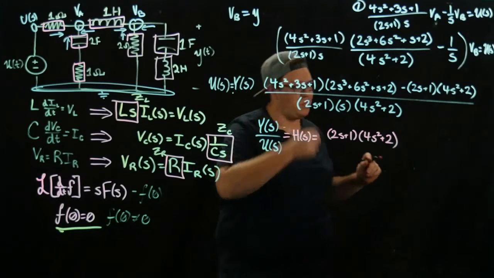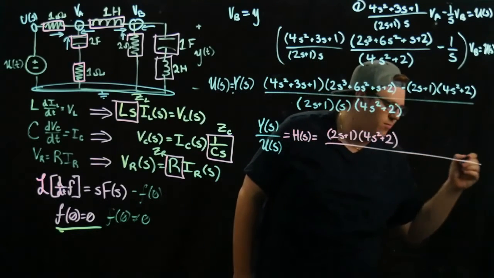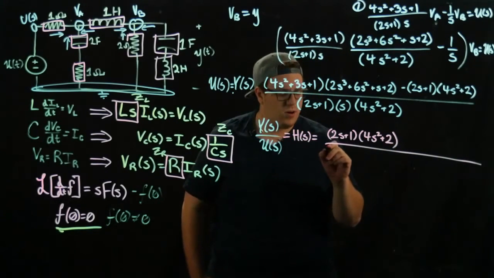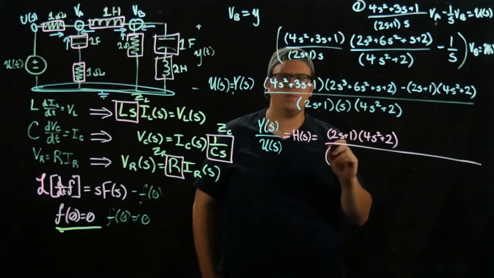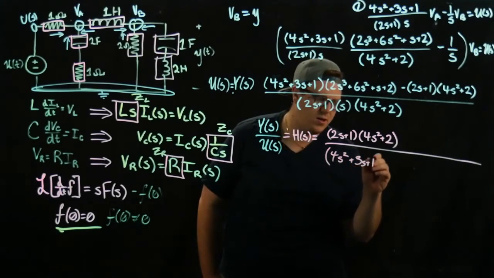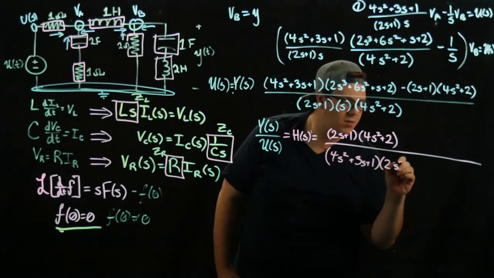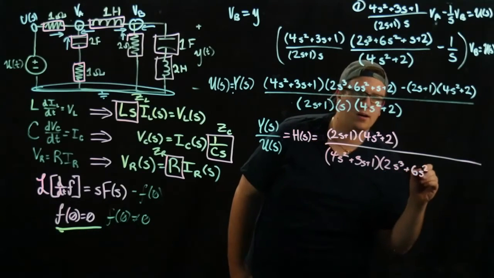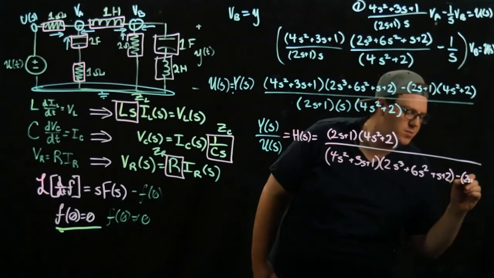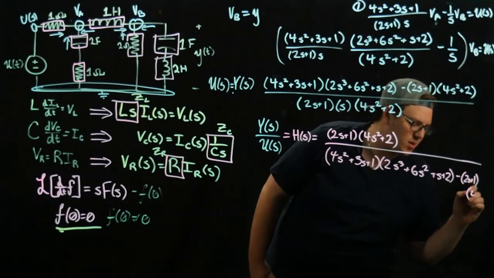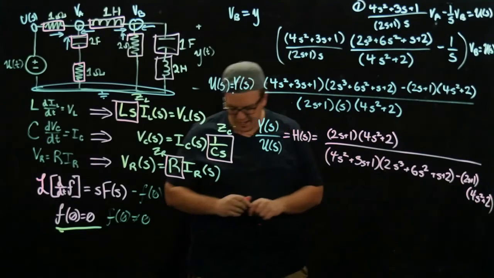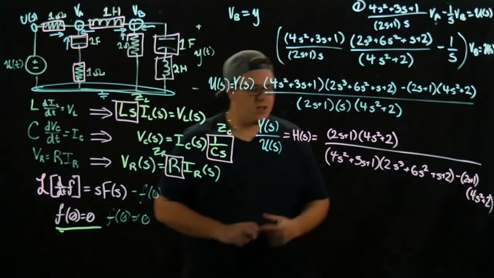And again, these can all be multiplied out and simplified. I just don't have it ready. And I'll post what it is in the description or in the comments below, one of the two. So we have (4s² + 3s + 1) times (2s³ + 6s² + s + 2). And then we need to subtract off our (2s + 1) times, sorry, running out of room at the end of the board here. Okay, and so this one here is indeed our transfer function that takes us from our